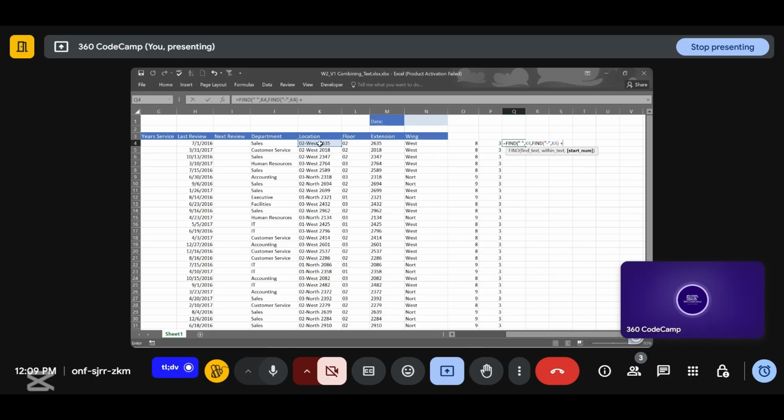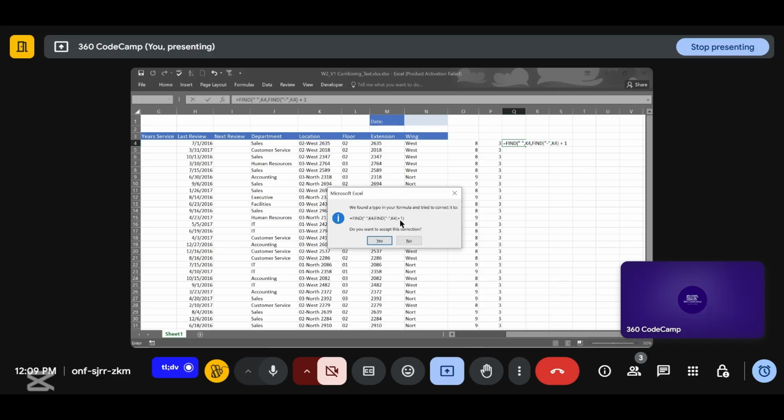Let me explain the reason one after the other. You say find the position where the space is in this text, then find where the hyphen is also in this text, then count +1. So if I press enter,